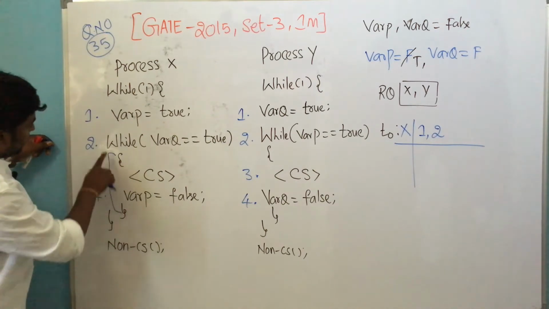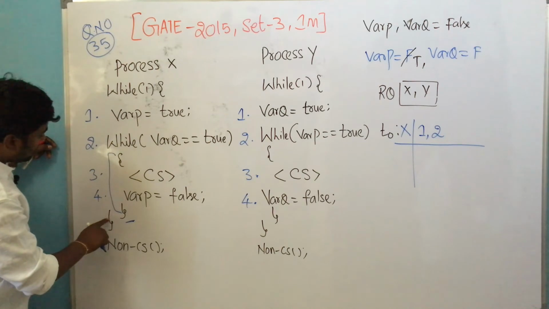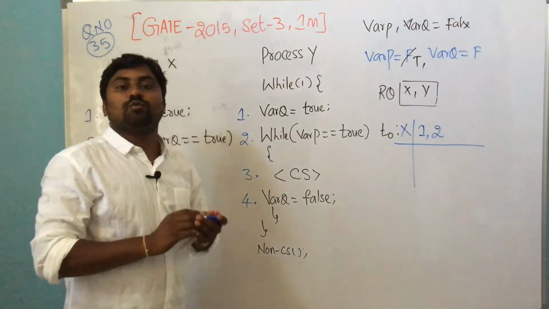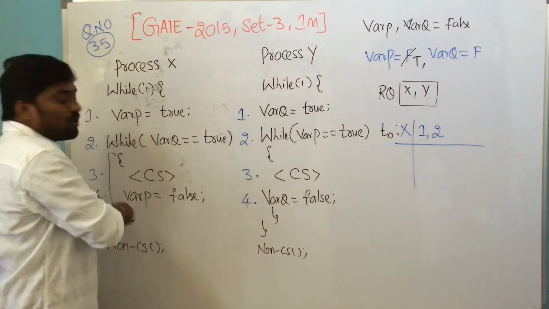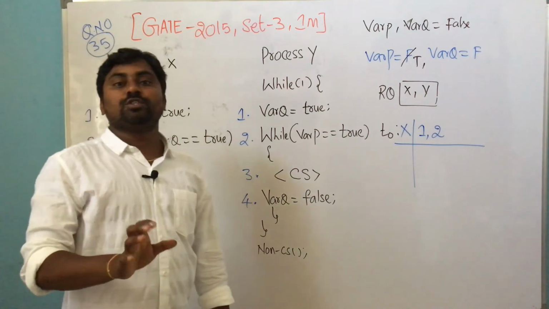Nothing but, please do understand, this is a part. It will jump to here. Yes or no? It will be jumping to here. Again, the true function is there. While true, nothing but always true. Nothing but what? It is running this code infinite time or not? Continuously running, yes or no? But it is not going to use the CPU infinite time.